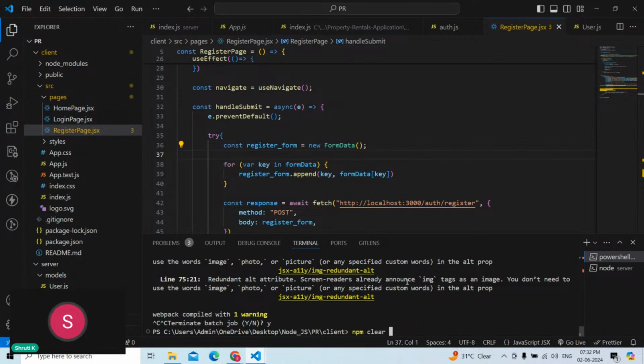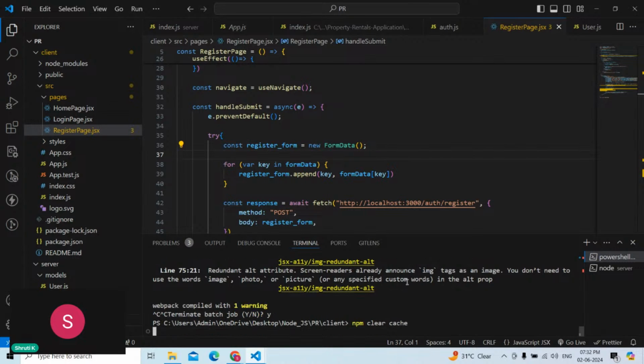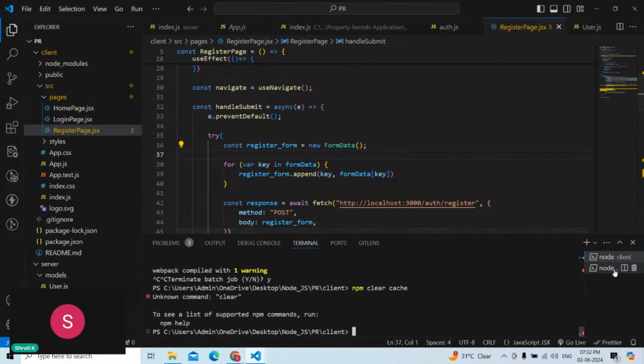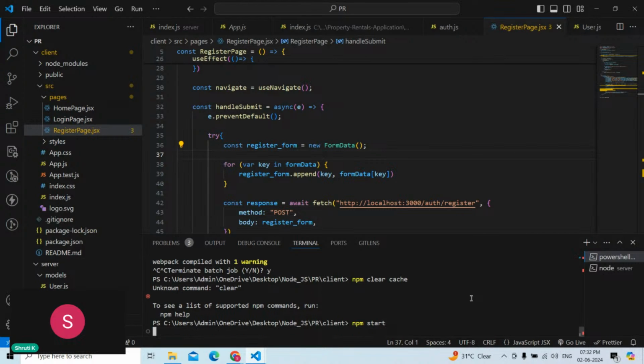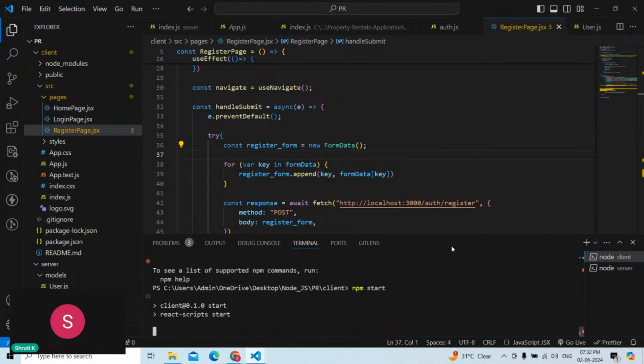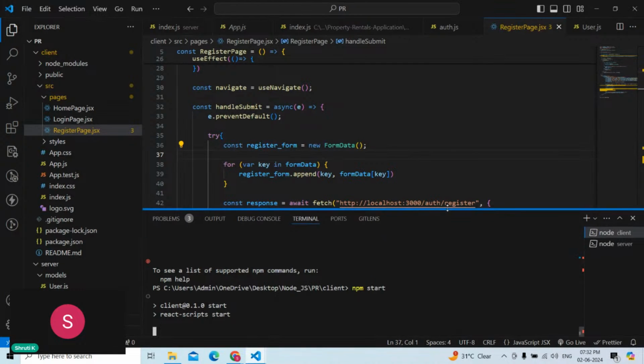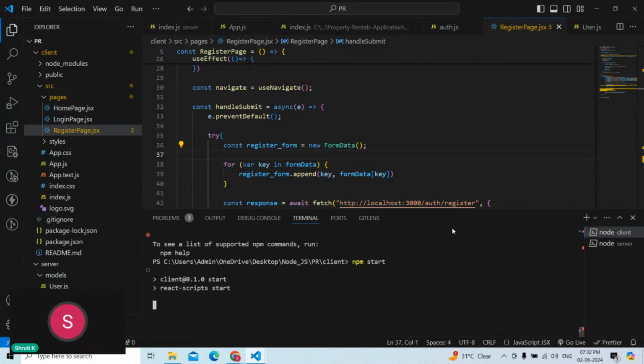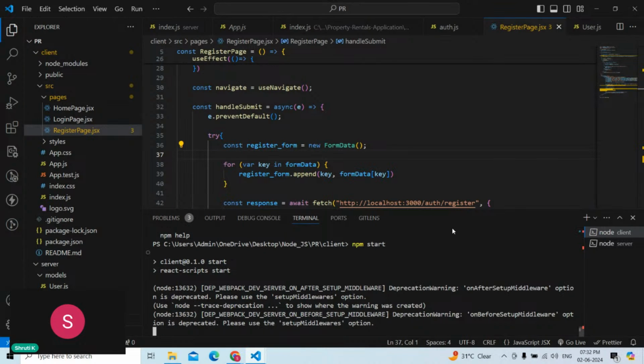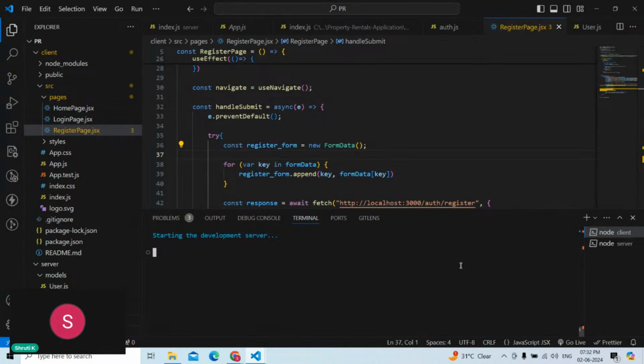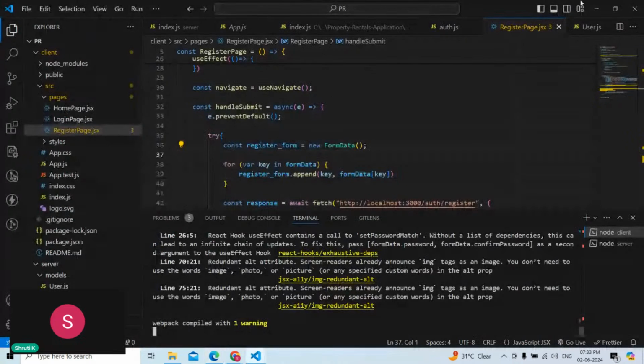npm clear cache. Let us see what happens if I run this. Something is deprecated. Let me make use of this Microsoft Edge. Again, go back,